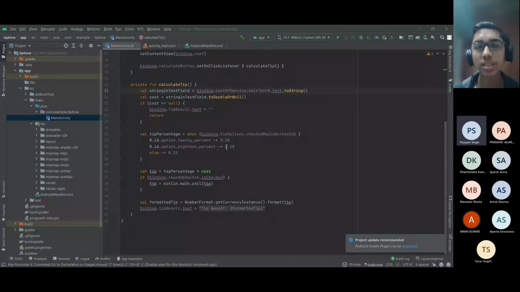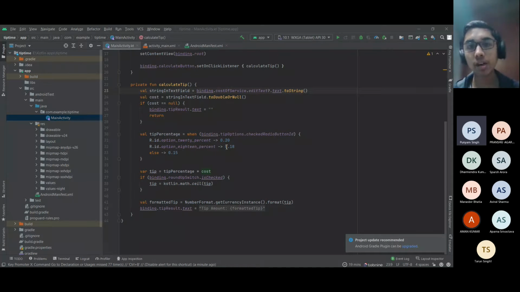We provide some arguments to this inflate as well. We say that inflated from this XML, and this is the parent, and then attachToRoot. So parent and attachToRoot work hand in hand, right? We see sometimes we say match_parent when we put in the XML some properties, we say that this view that is there, put the width the same as the parent. You just want to fill the whole thing. So that's why the parent comes in. You just see from the parent what is the width, and then accordingly you can set the exact width and height in pixels.